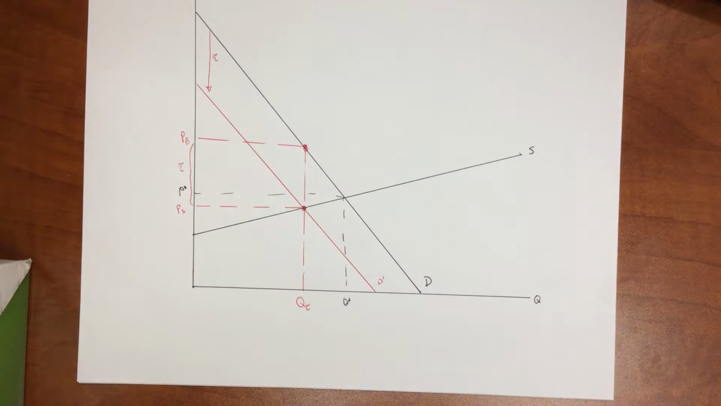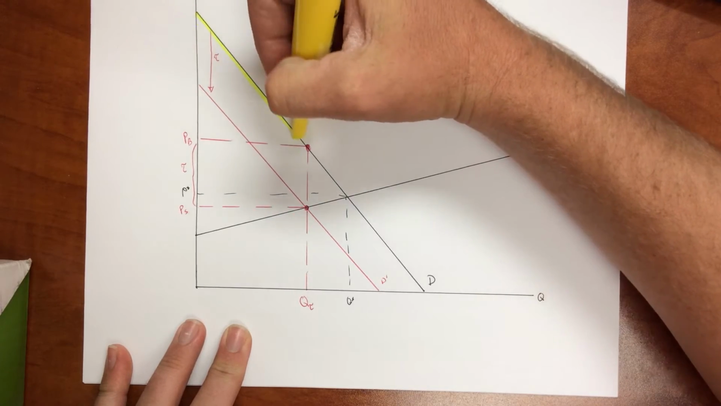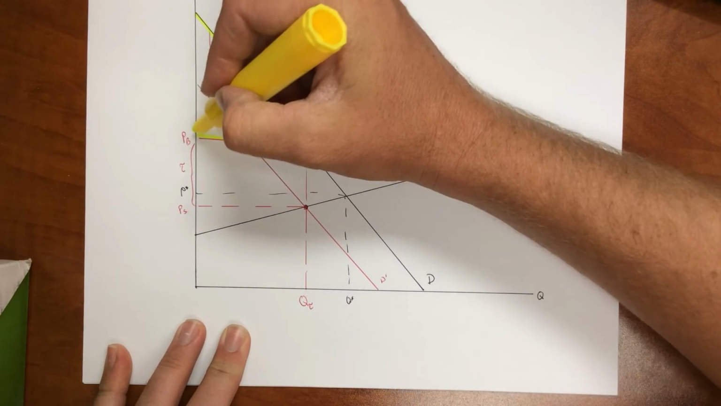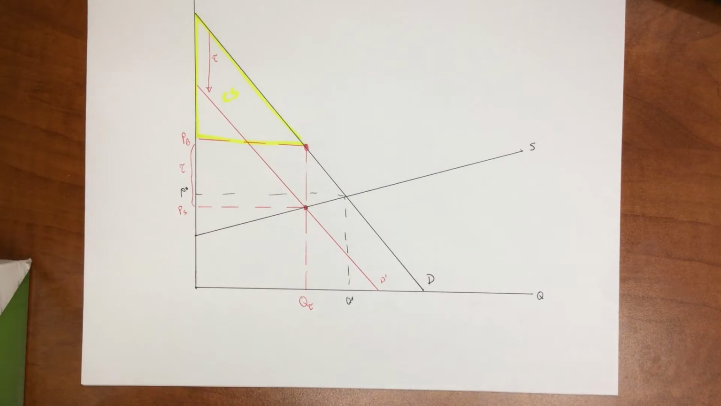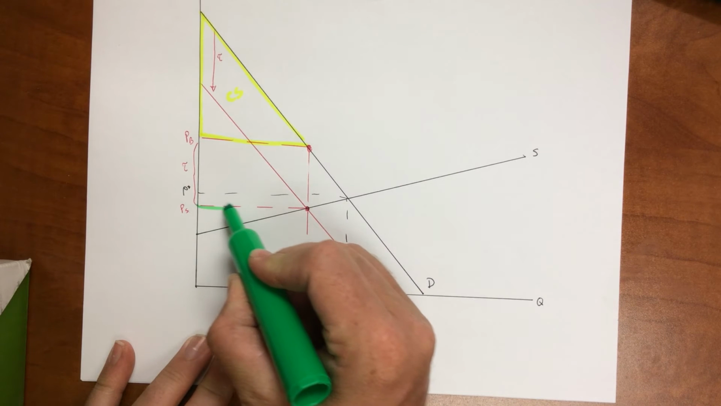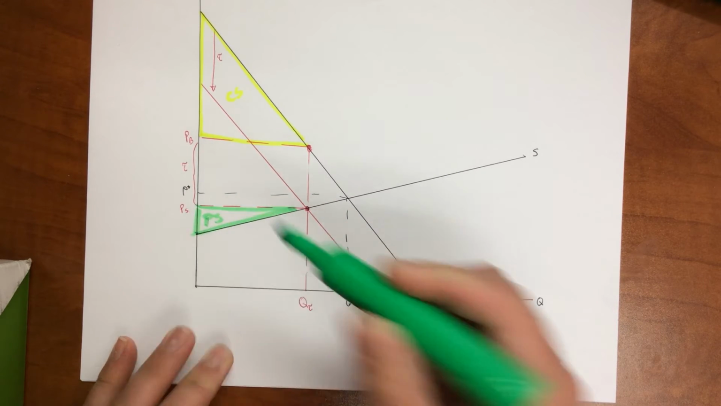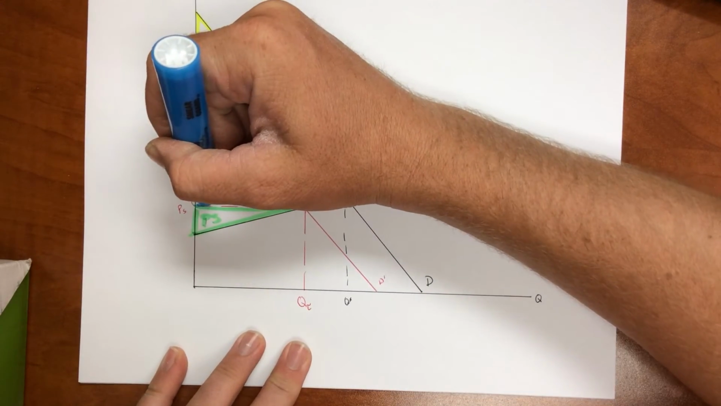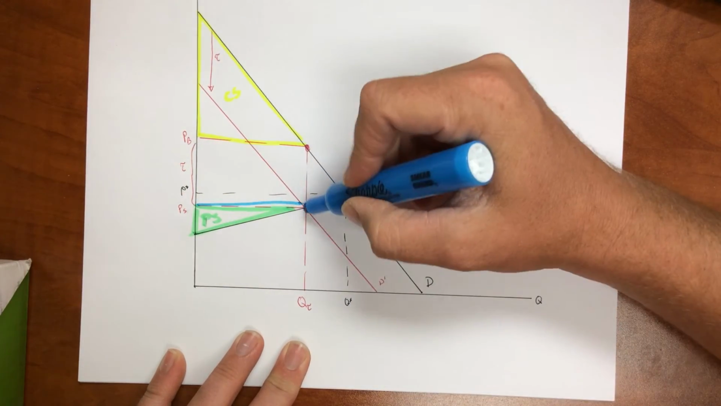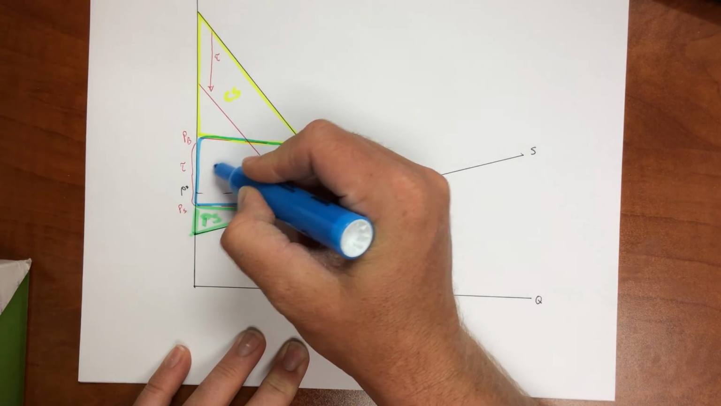Now to identify the points on the graph, from the demand curve all the way down to the price to the buyer, this triangle here is consumer surplus. The price to the seller all the way to the supply curve, this is producer surplus. The quantity sold times the size of the tax, this rectangle here, this is tax